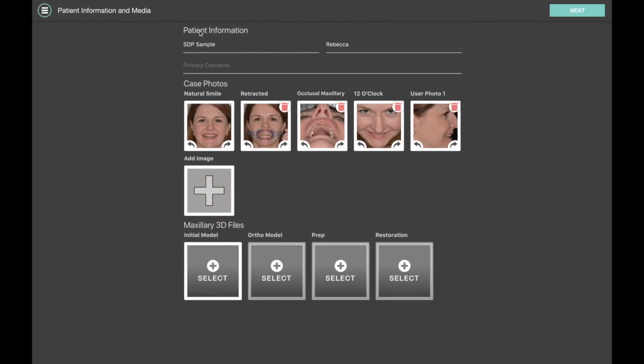So as you can see, we have some basic information that's already filled in for us. Things like the patient first name, last name, their concerns, if you want to enter them. These things are optional, and if you prefer to identify your patient using just a generic number, you can enter